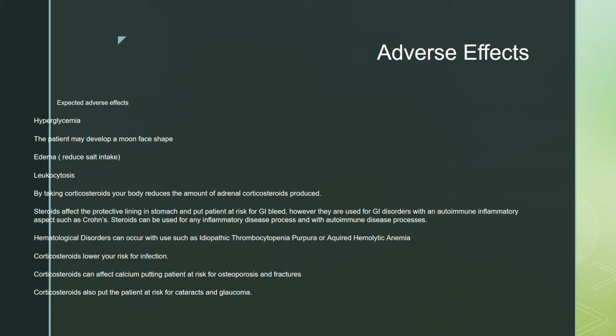Also, let's talk a minute about the adrenal corticosteroid insufficiency that can happen with patients. The hypothalamus only has the pituitary gland release ACTH when levels of serum cortisol are low. When a patient takes a corticosteroid, the hypothalamus thinks there's plenty of cortisol in the blood, and because there's no ACTH released, and ACTH is not stimulating the adrenal glands to release cortisol, over time the adrenal gland will atrophy because, if you don't